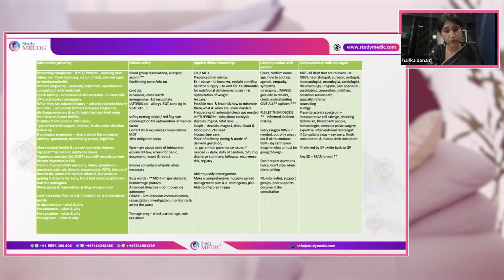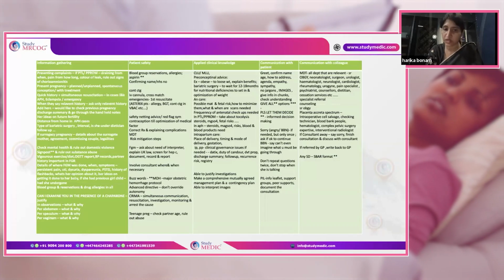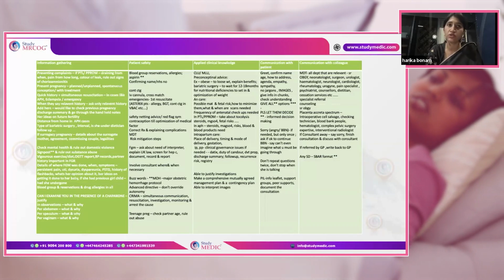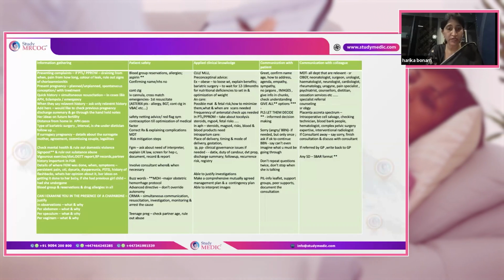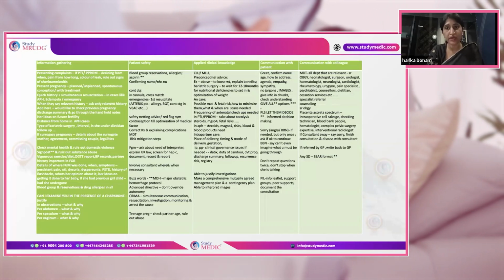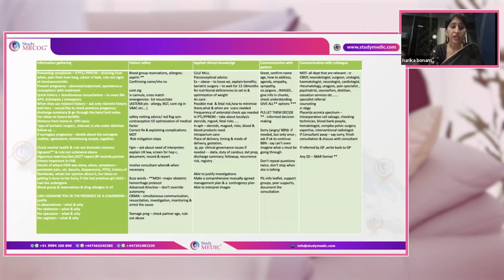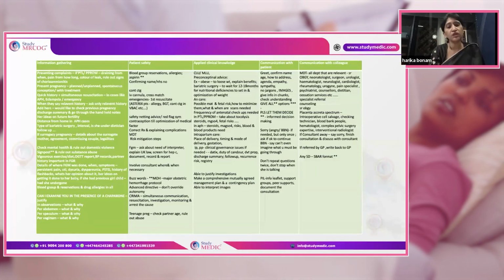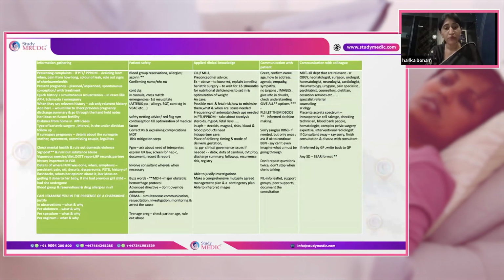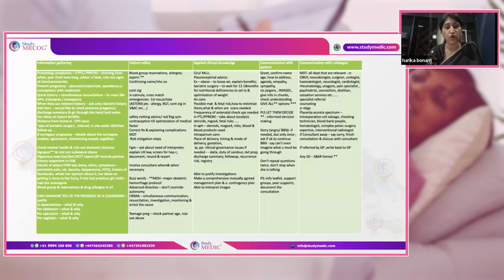M means monitoring, like MEOWS chart, input, output chart and all, and A means arresting the cause, like what is the underlying cause of this PPH. If it is atonic PPH, you'll have to treat it with medical management, and if it is not well optimized or not controlled with medical management, then you have to go for mechanical methods as well as the surgical methods. So everything in order, you have to try and think in the sequence of CRIMA and use the word CRIMA, so that the examiner also will know